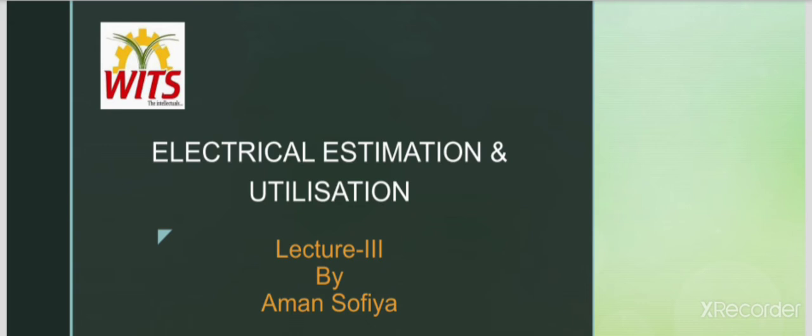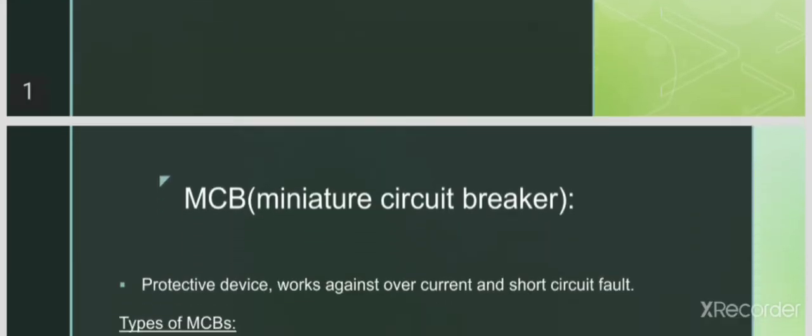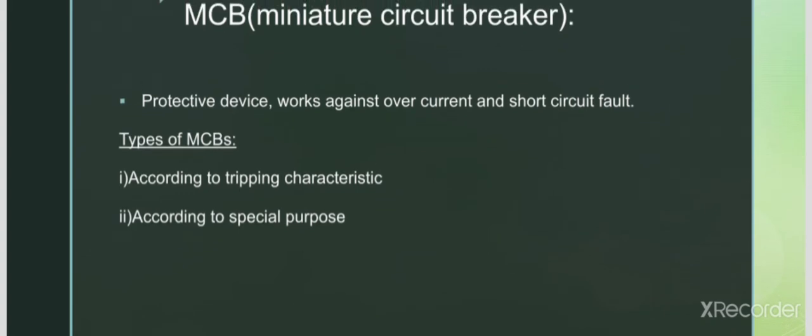Electric wiring accessories can be classified into 5 types: controlling accessories, holding accessories, outlet accessories, general accessories, and safety accessories. For controlling accessories, the best example is a switch, which we have discussed in the earlier class.